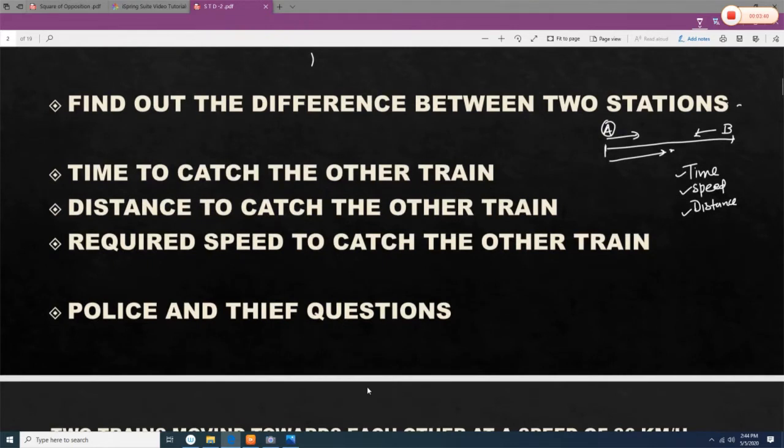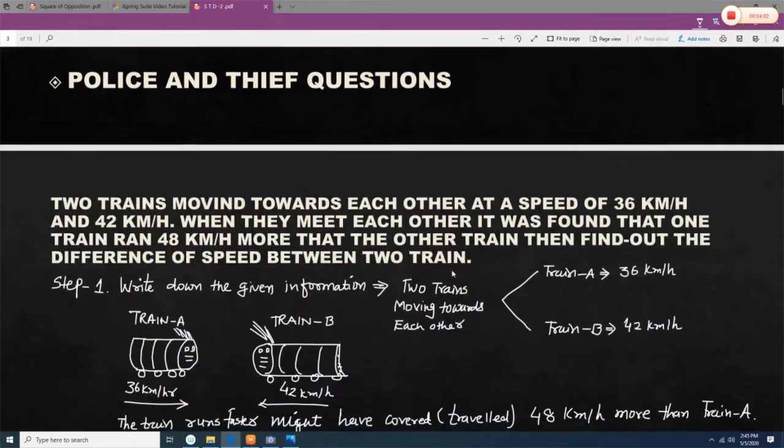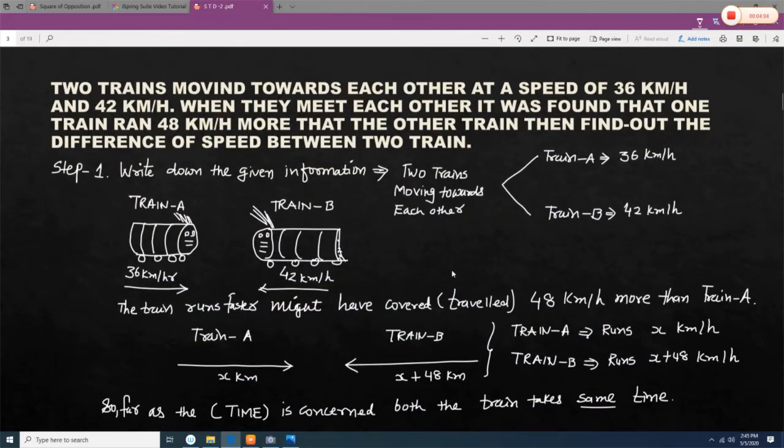When two trains are going to meet each other, it is the same scenario, but they convert it very systematically and logically, and instead of two trains, they say one police and one thief running at a particular speed. So how long is the police going to take to catch the thief? That is another type of question that we are going to deal with. Let us start with question number 1.